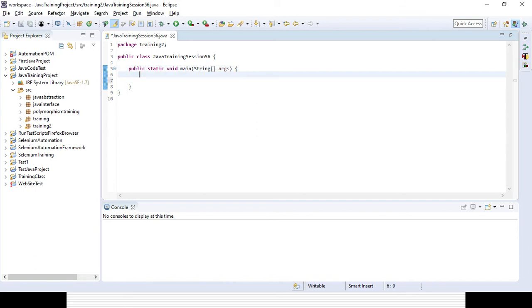Okay. So first, I'll create an object for StringTokenizer, and I am giving the reference as st1, creating the object for the StringTokenizer class equal to new.